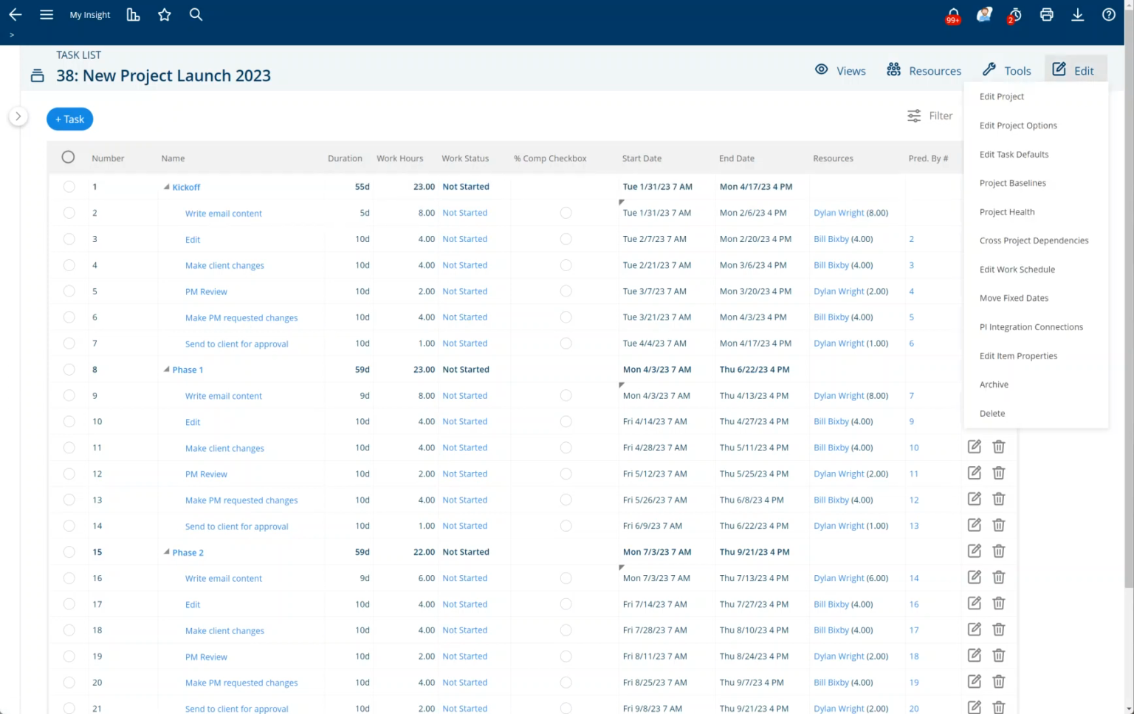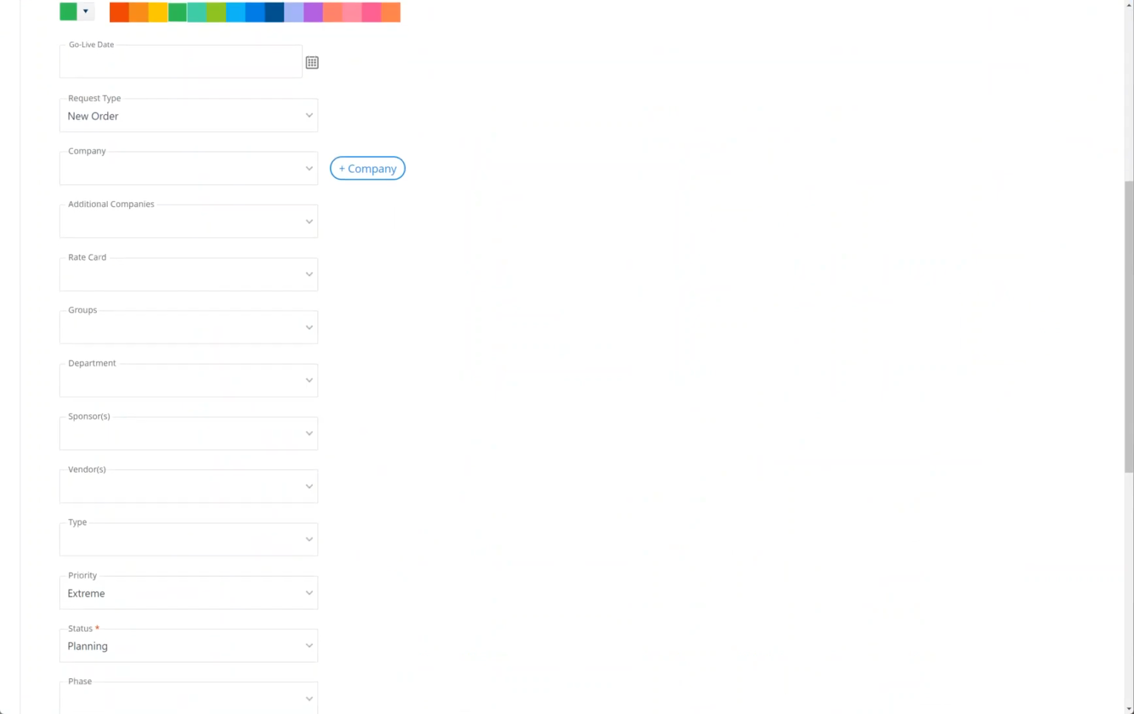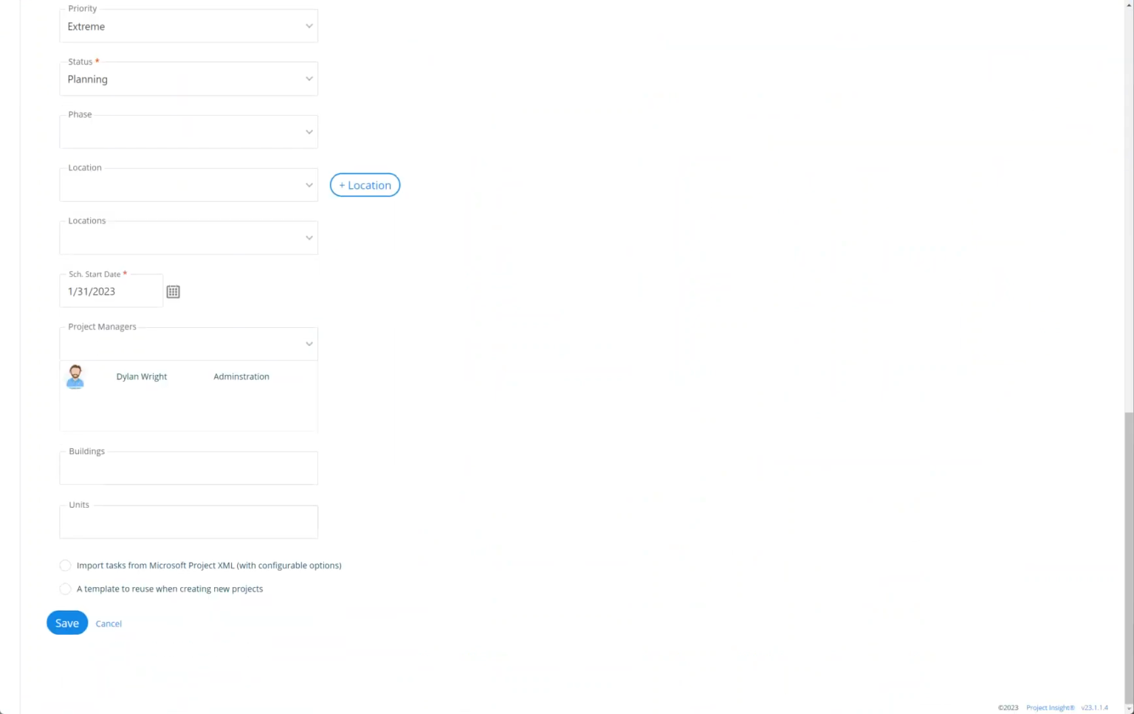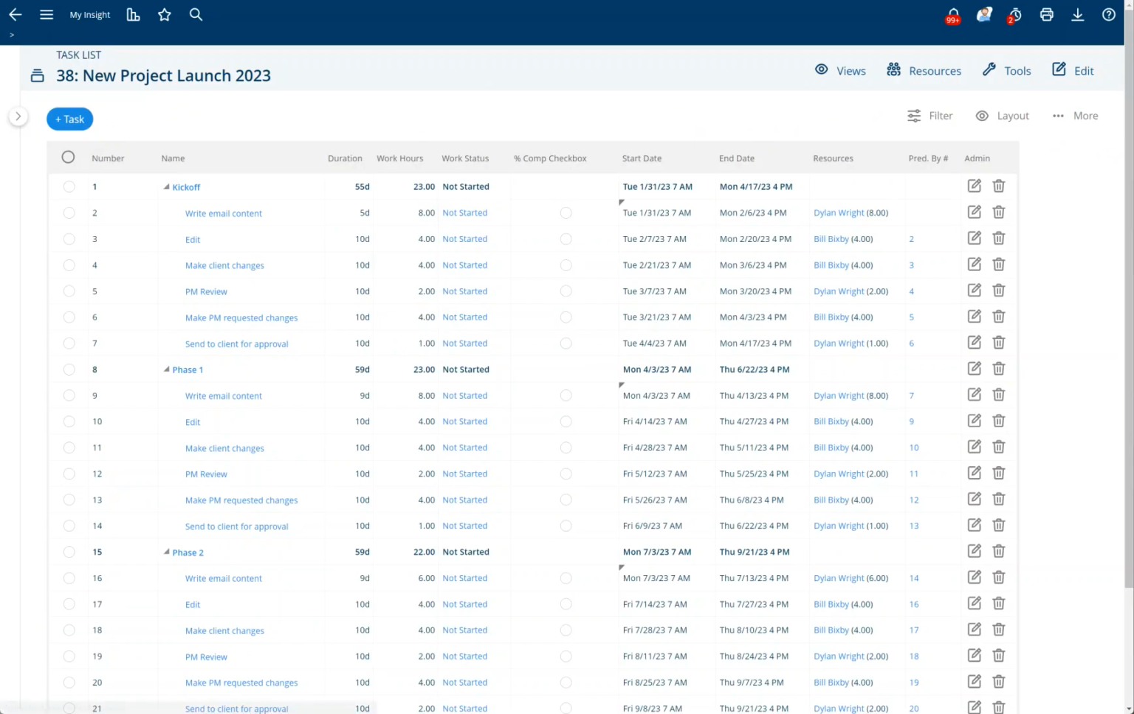So we're going to go into edit the project, and keep in mind that this only does work for projects that are templates. So I'm going to designate this as a template. Now that it is a template and it has some fixed dates, we're going to go ahead and move forward